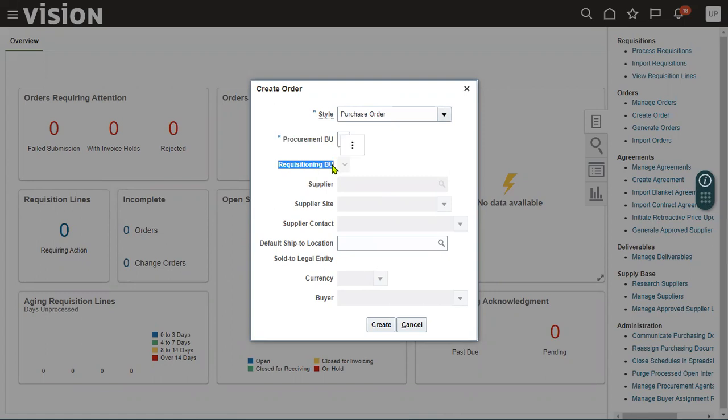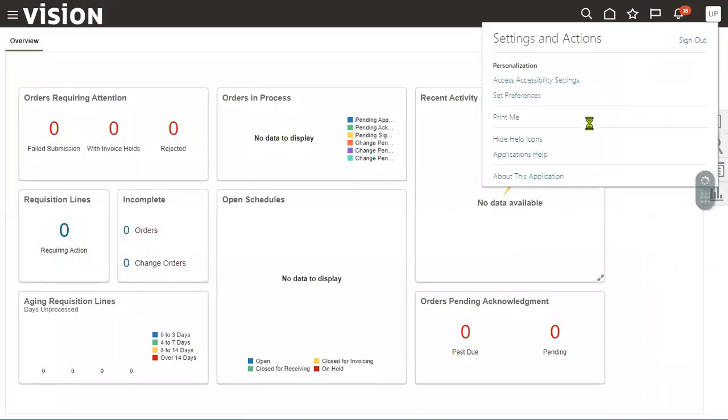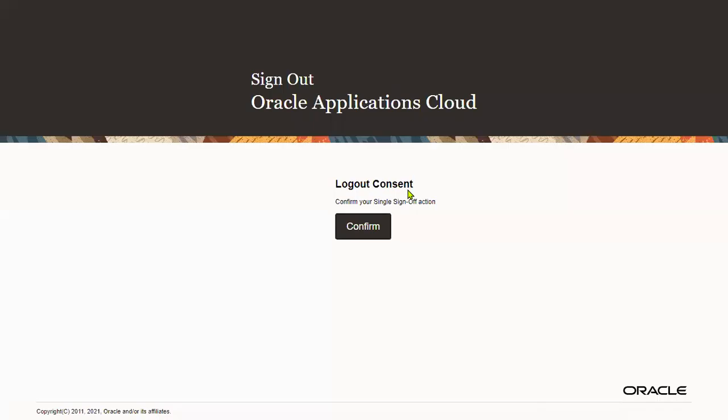What could be the two reasons? It's not a single reason. What could be two reasons for this business unit not being available in this particular page? That's the question they will be expecting. We are not able to find the procurement BU or requisition business unit on this page. So what are the two reasons for this? The first reason is, while creating your business unit, make sure that it is enabled for procurement business function and